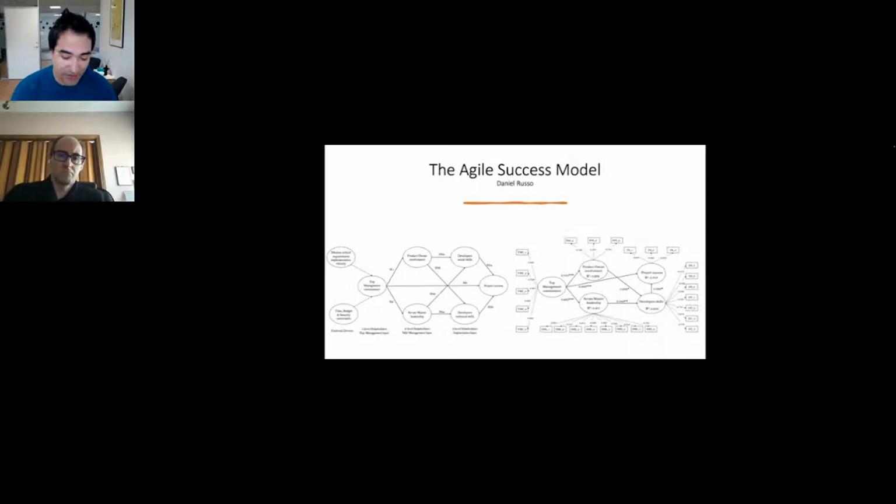The second part of this investigation was a deductive process, where I used partial least squares structural equation modeling, trying to operationalize the first research model into a structural model, and the final result you can see in the second picture that I have here for you today.